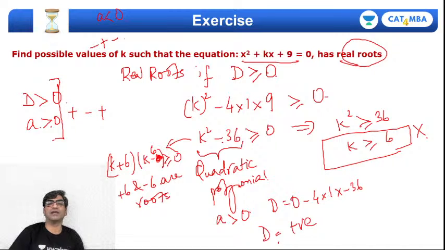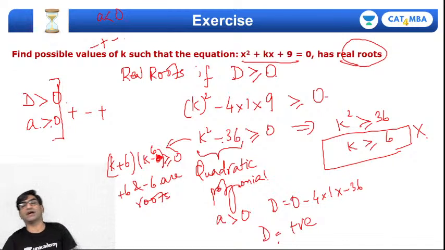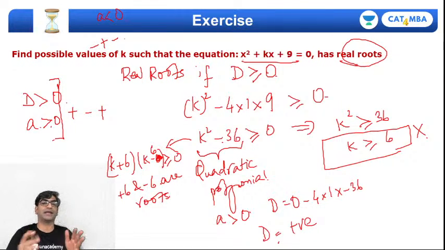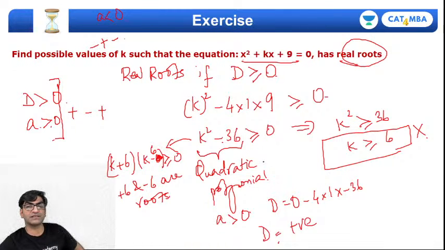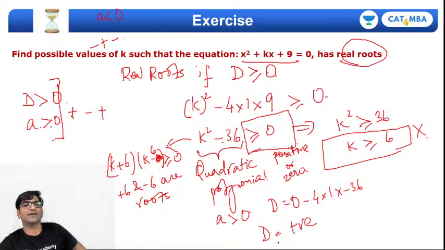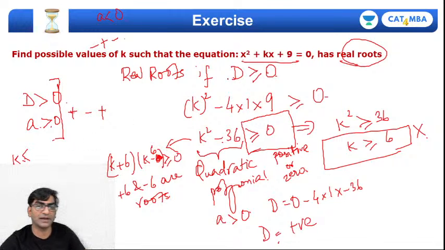But to the left of the root will be positive, to the right of the other root will be positive, between the roots will be negative because plus minus plus. और मुझे कौन सा साइन निकालना है, क्वेश्चन पे आ जाओ, इनइक्वालिटी पे आ जाओ, greater than or equal to 0. मतलब मुझे निकालना है वो साइन जहां पे पॉजिटिव हो या 0, राइट? तो पॉजिटिव कहां है, तो यहां पे प्लस वाला साइन लेफ्ट मोस्ट रीजन में और राइट मोस्ट रीजन में. मतलब आंसर क्या होगा, k less than the, यहां पे greater than or equal to है ना,